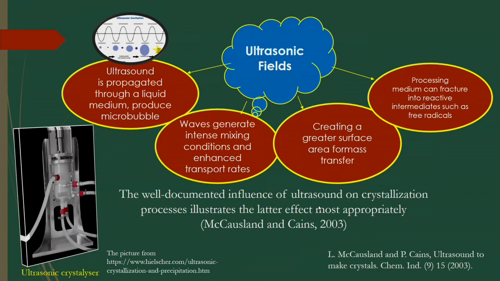So, the main important thing is that you are producing free radicals here. Those free radicals can be produced by the ozonation process, and the ozone microbubbles can be produced by the ultrasonic field. The ozone radicals will be attaching over the surface of the microbubbles, and then these radicals will act in the reaction. Another process is ultrasonic crystallization, which is also one of the important processes to get intensification,